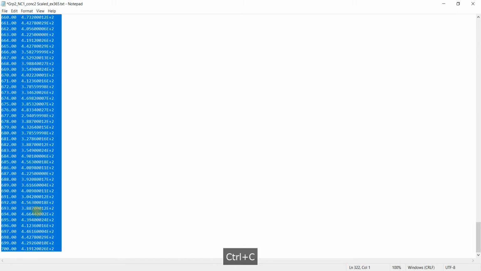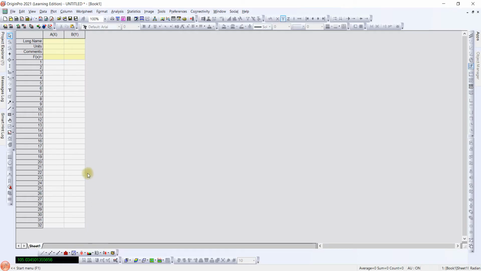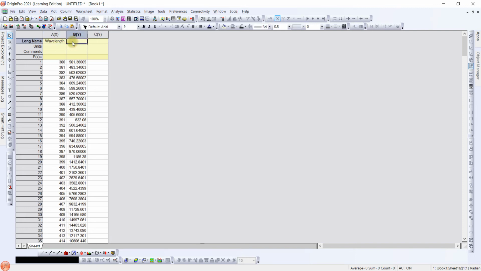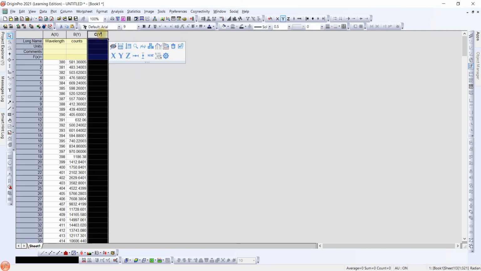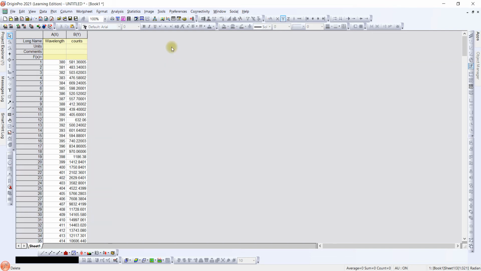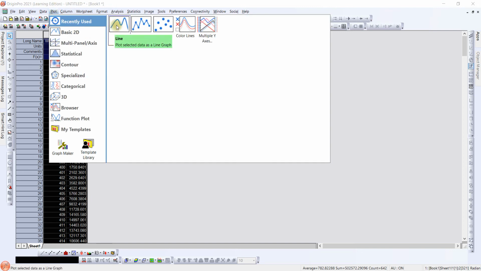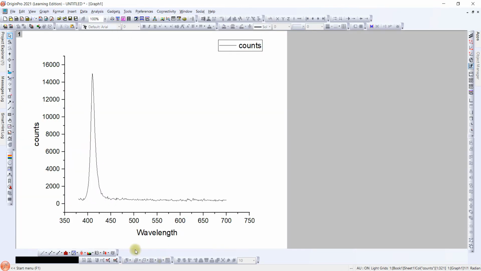Select the data. X-axis is wavelength. Delete this extra column because not required now. Now plot this data by using line plot. So here we can clearly see that we need baseline correction since these minimum values do not correspond